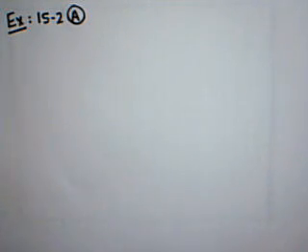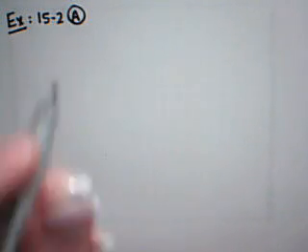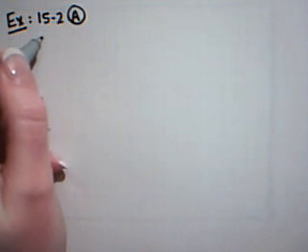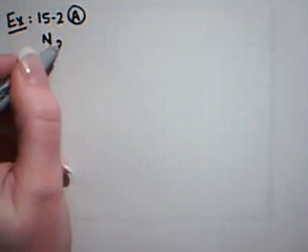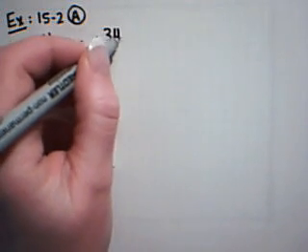All right, let's begin with the practice examples in chapter 15. These are within the text, not at the end of the chapter, but within the chapter itself. And the first one is 15.2a. So we're given the following information about a reaction involving nitrogen gas and its combination with hydrogen